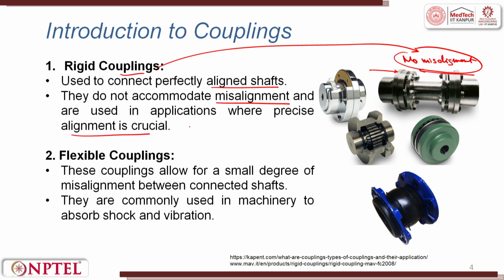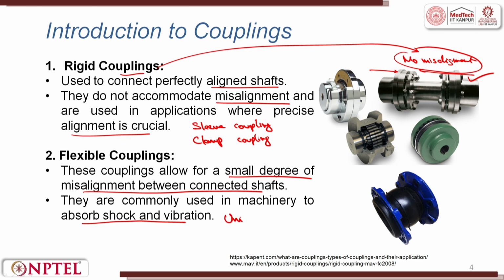Certain examples where these are used are sleeve couplings, or it could be a clamp coupling, of which an example is given here. Then come flexible couplings. These couplings allow for a small degree of misalignment between connected shafts. They are commonly used in machinery to absorb shock and vibration. So, here because flexibility is now allowed to some degree, there could be certain couplings such as we have